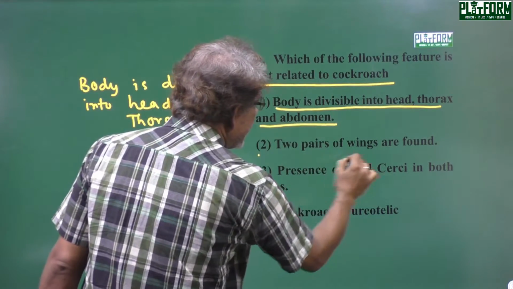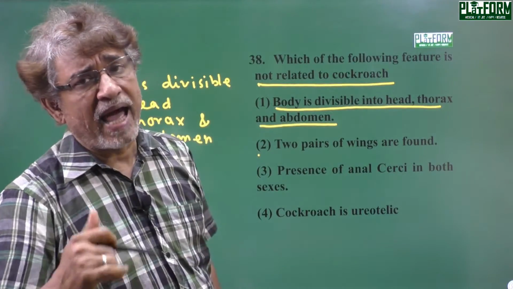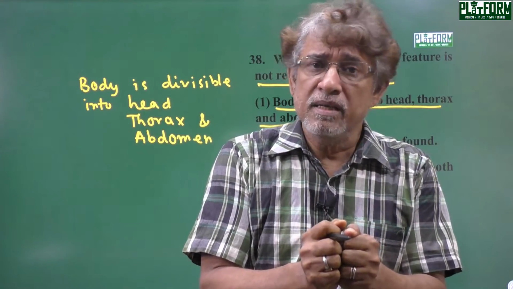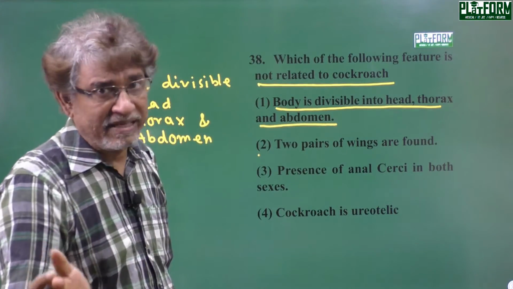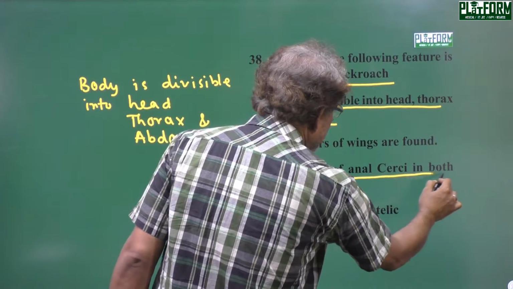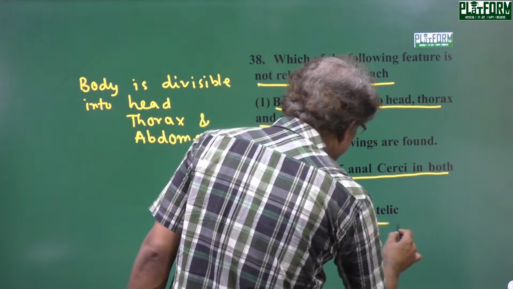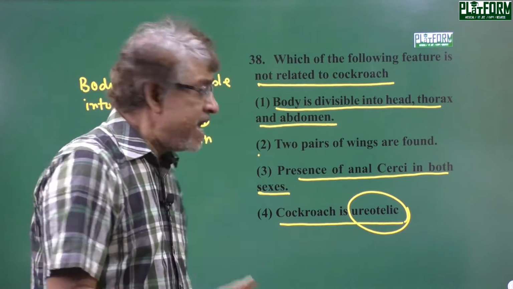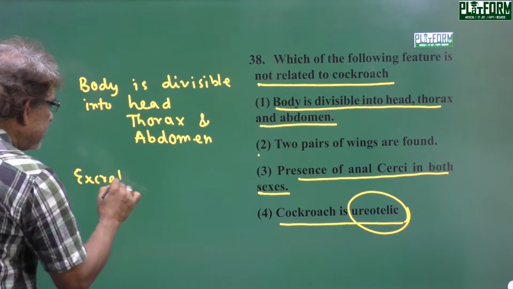Second option, 2 pairs of wings are found. It is also true for cockroach, forewing and hindwing. In case of cockroach, forewing becomes hard and has a protective function, and hindwing helps in flight. It is membranous. So it is also true. Presence of anal cerci in both sexes. It is also true. Cockroach is ureotelic. Here question comes, are they ureotelic? Ureotelic means when excretory